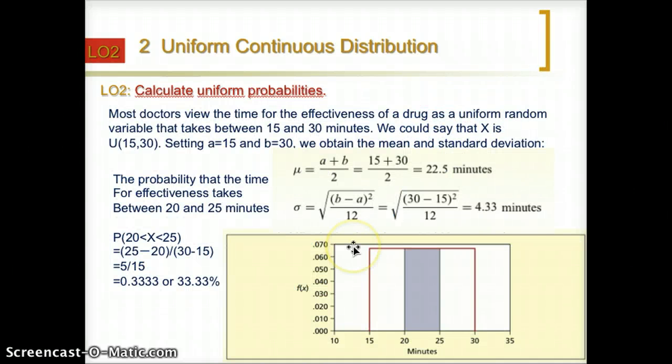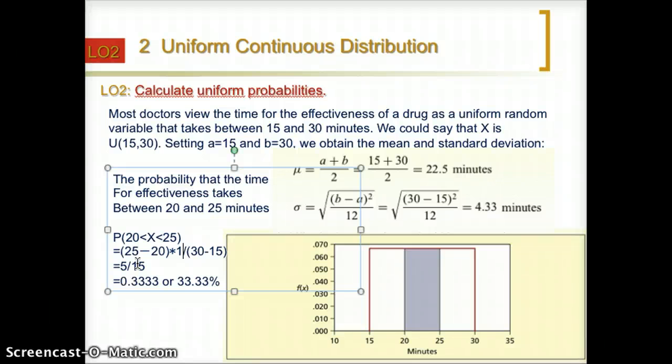So for that question, this is A, this is B. For the first part, it will be B minus A, which is 25 minus 20. And the times is the probability density function, which will be 1 divided by 30 minus 15. Finally, the result will be 5 divided by 15, equal to